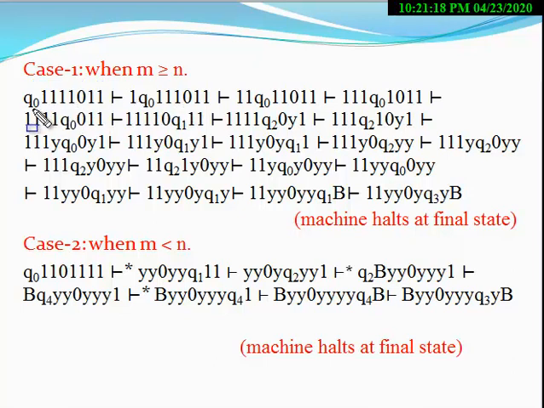So here at Q0, input symbol 1 appears, and the machine moves to the right side. The next ID becomes this. At Q0, 1 again appears, and the machine again moves to the right side. Here again 1, the machine moves right. Again 1, the machine moves right, right? As soon as 0 appears at the state Q0, the machine moves right and also changes its state.